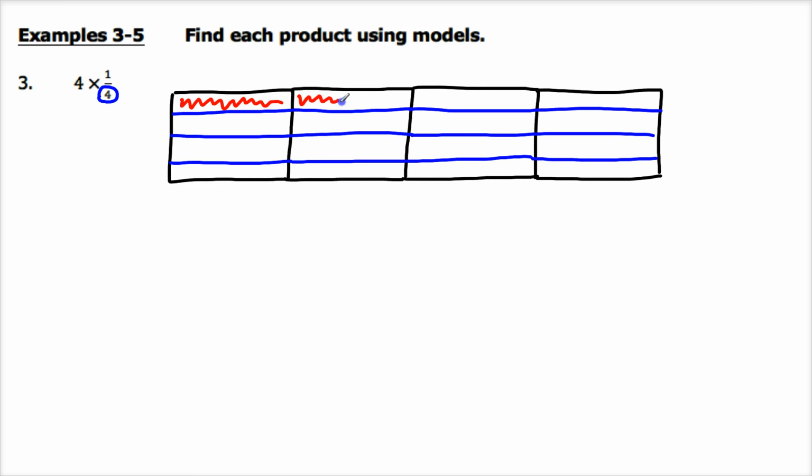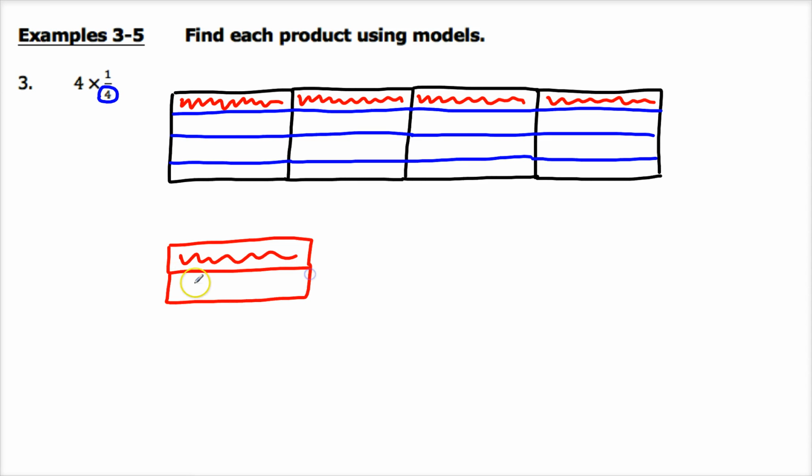So there's 1, another, another, and another. Okay, so I have 4 of these identical 1/4 pieces shaded. There's 1, 2, 3, and 4. Okay, again, we've shaded 4 1/4 pieces, and so this would be like having 1/4